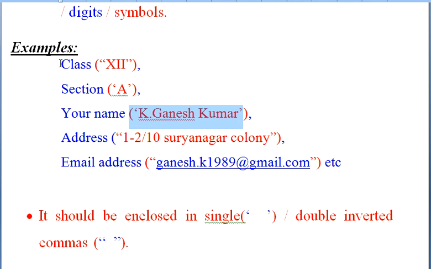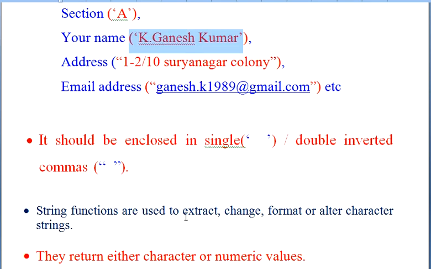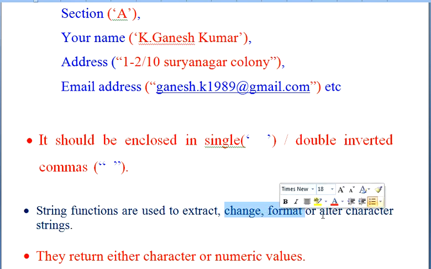String functions are nothing but the functions which are used for carrying out a specific kind of operation on your strings. These string functions are basically used to extract the data of your string and can change one format of a string to another format, or they can also change the actual characters of a string to the user-given format. So these are some of the operations that can be carried out by the string functions on our strings.